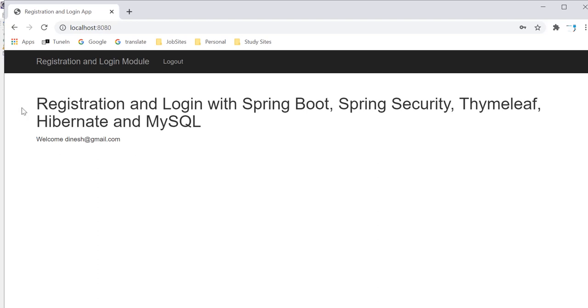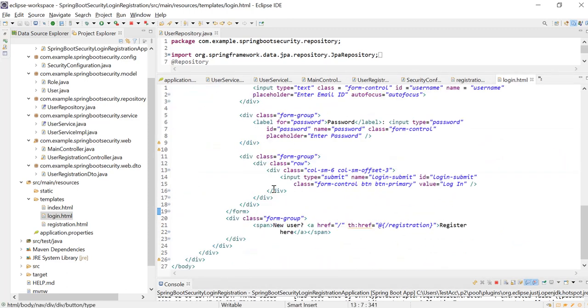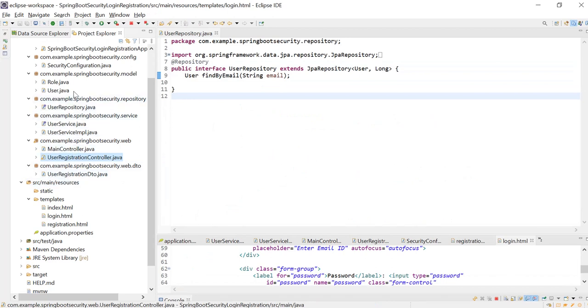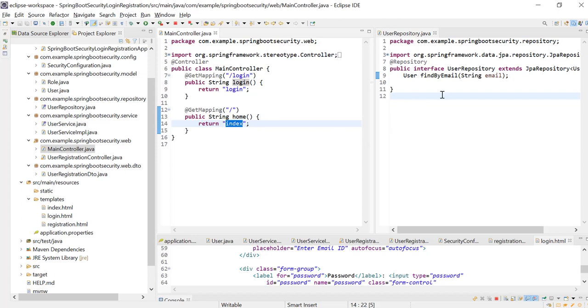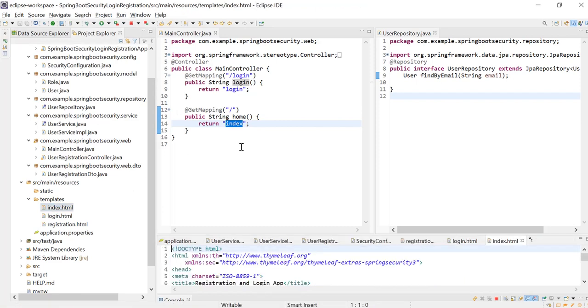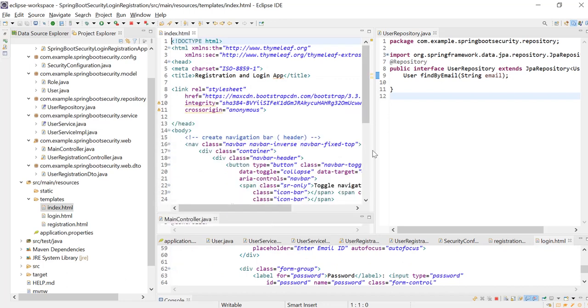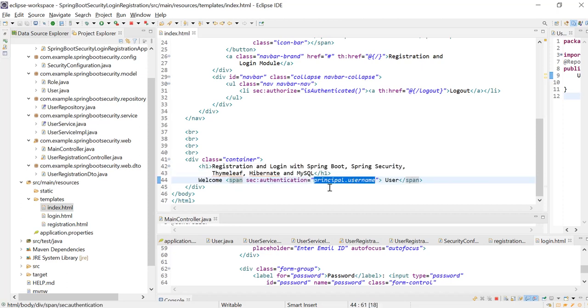Okay, you can see this is the home page. I am redirecting to index.html. In this index.html, I retrieve the username. The username is nothing but the email ID.